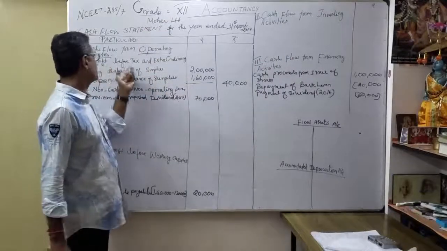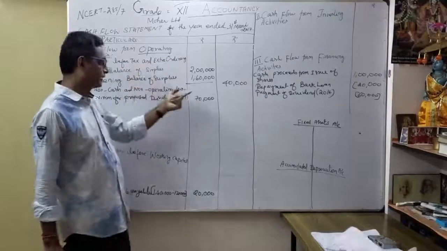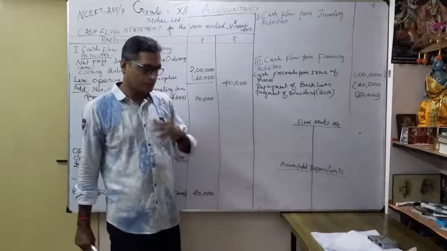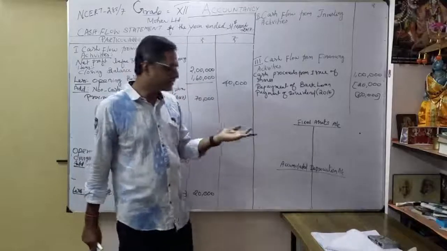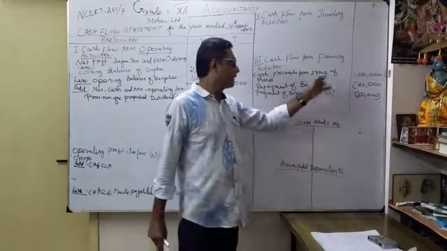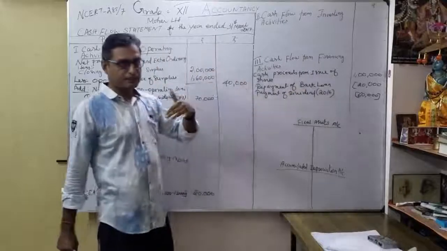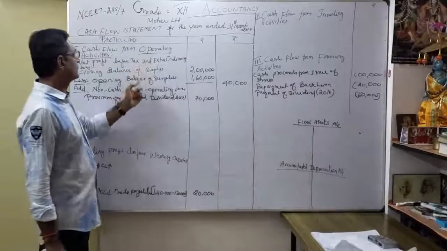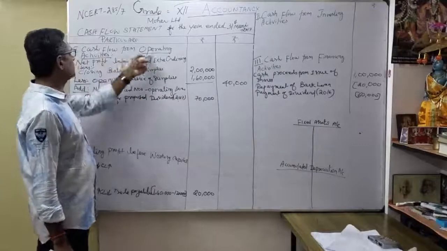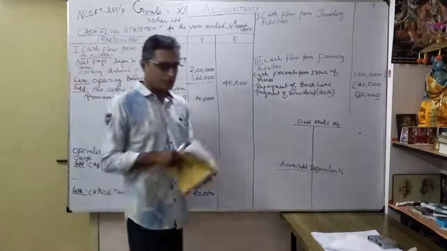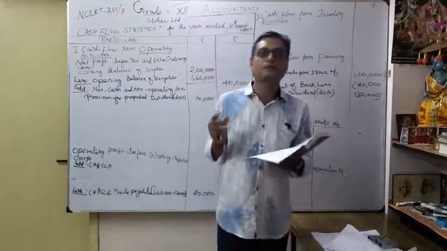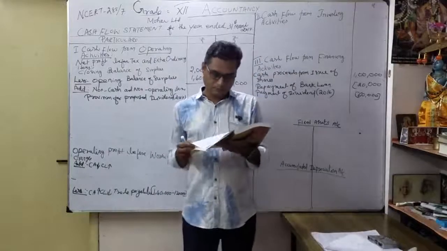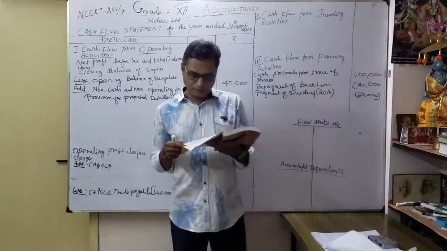That's why net profit before tax and extraordinary items, how much? 70,000. Understood. So simply, the previous year dividend I am going to pay under financing activities. The current year provision for dividend is going to be added under operating activities. Now understood. That's why it is very important to be very careful about proposed dividend for understanding purposes. Okay. Then move to the next one.